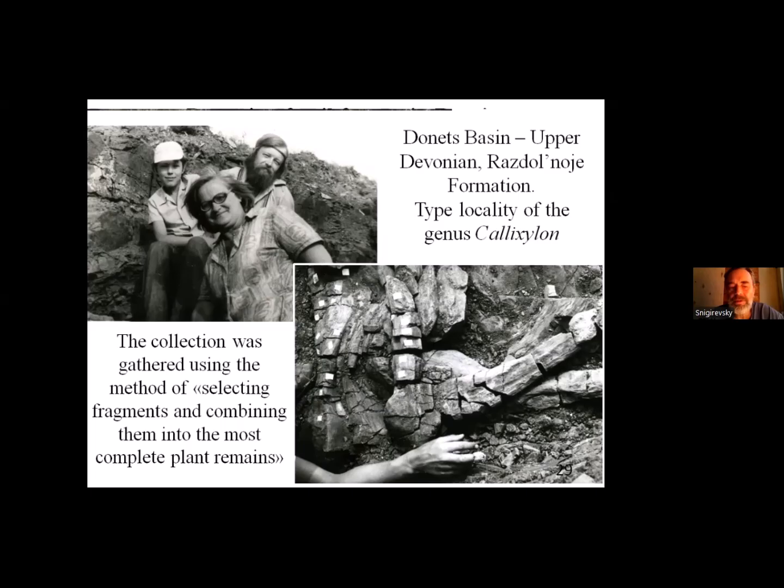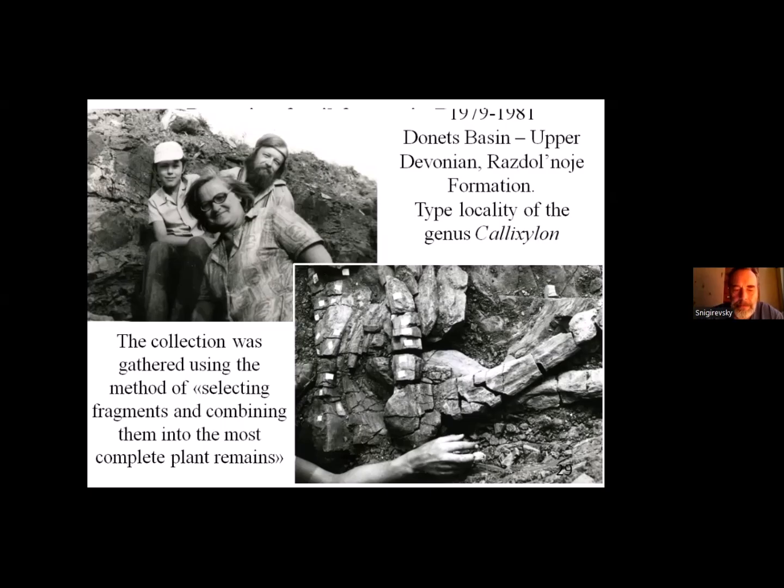In 1979, 1981, about 45 years ago, Natalia Snigirevskaya, a famous Russian paleobotanist, organized different expeditions to find the pieces of Callixylon trees in the type locality. I was there as a volunteer, it's me here on the left side of this photo, and